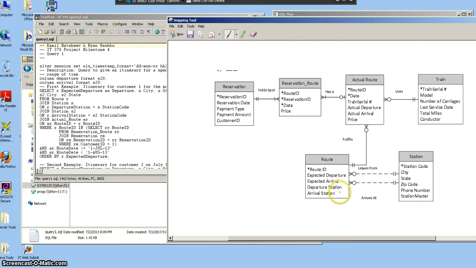How we do this is we join the route table with the station table on departure station equals station code, and then a second join on arrival station equals station code. What this does is, rather than listing the station code on an itinerary, we're able to list the city. We then join this route onto the actual route on route ID,